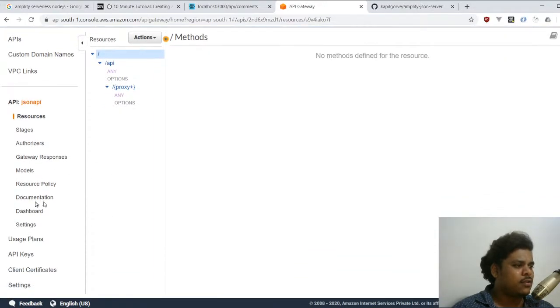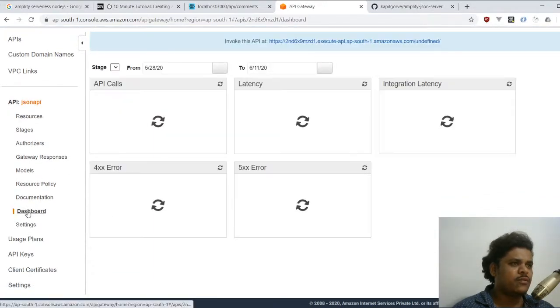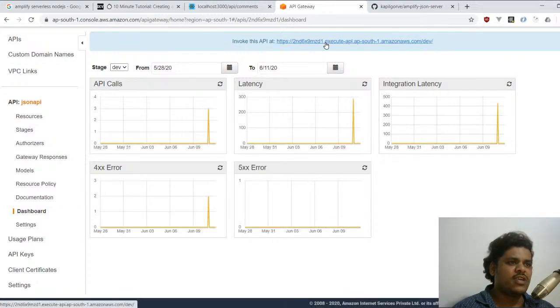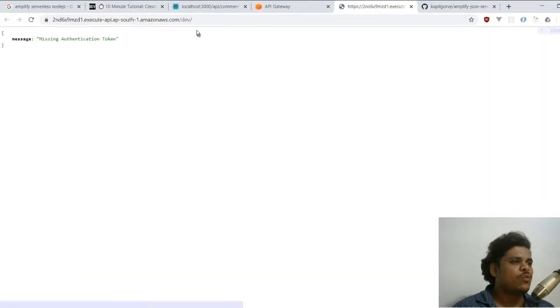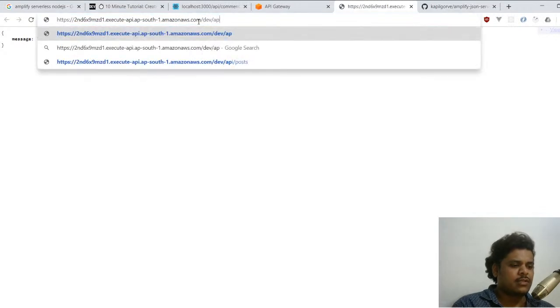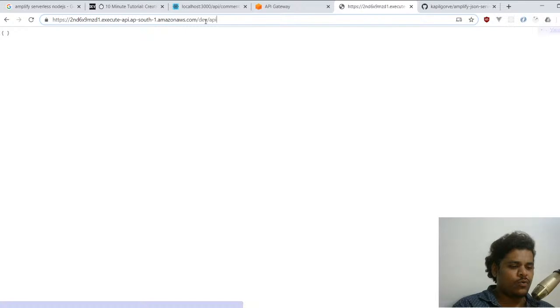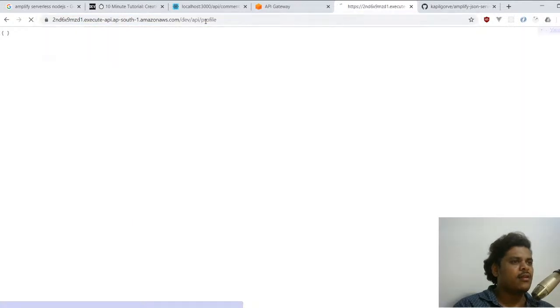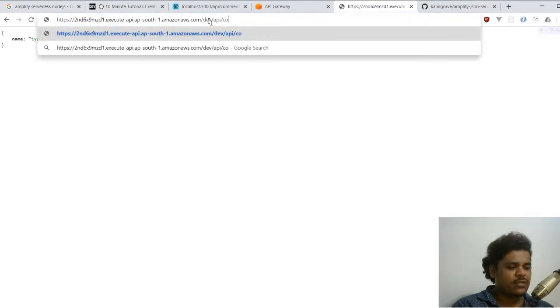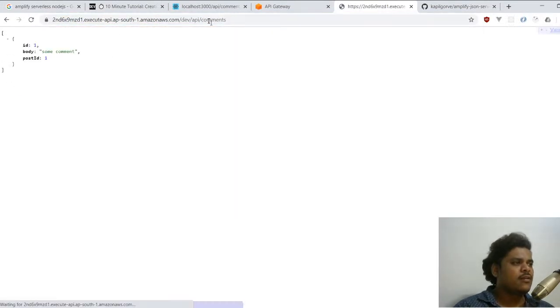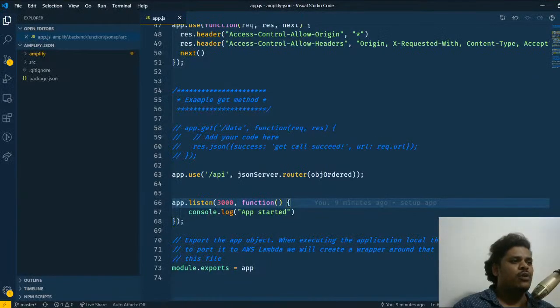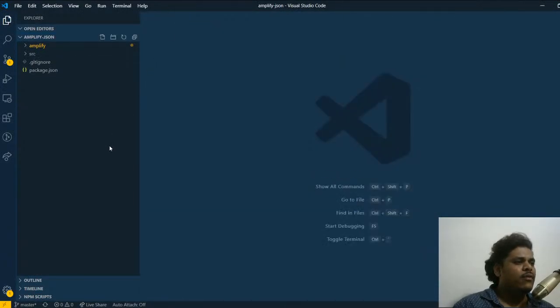And let's go to dashboard. Yeah, so this is the URL. Let's go slash dev slash API. Yeah, it's blank. And if I go slash profile, yeah, it says TP code. So if I go slash comments, it's giving some comments, right? So it's working. Let's try to add some more data into our,